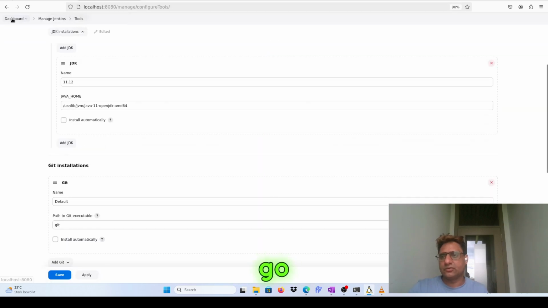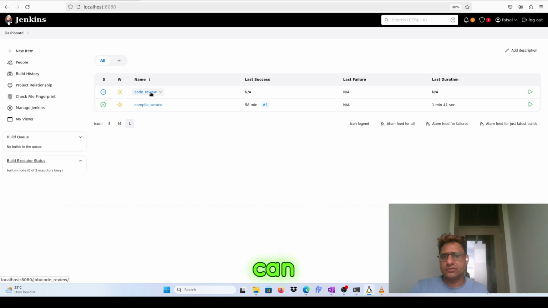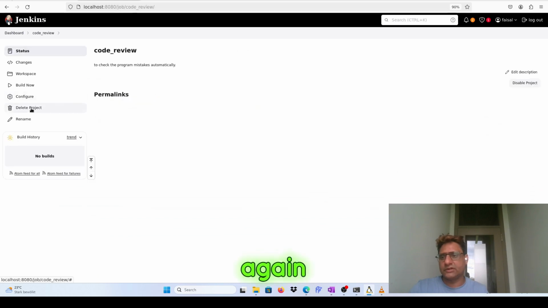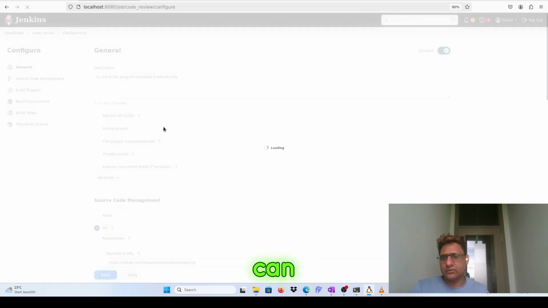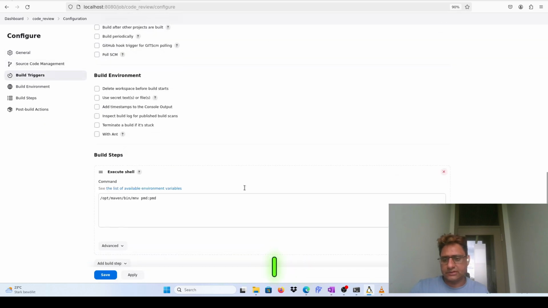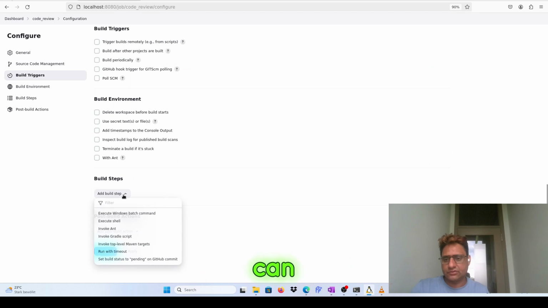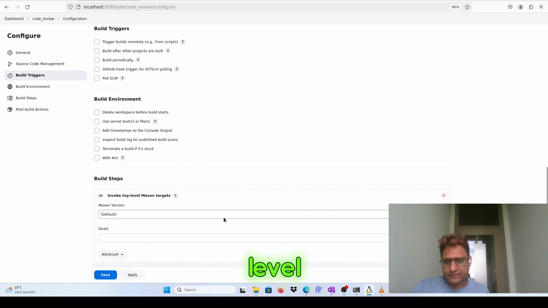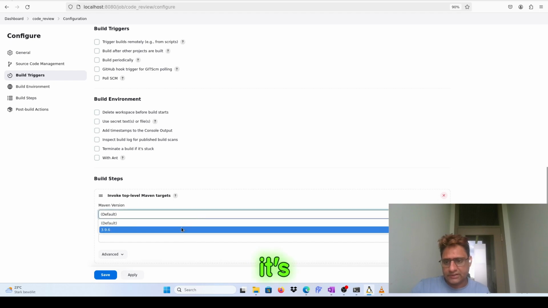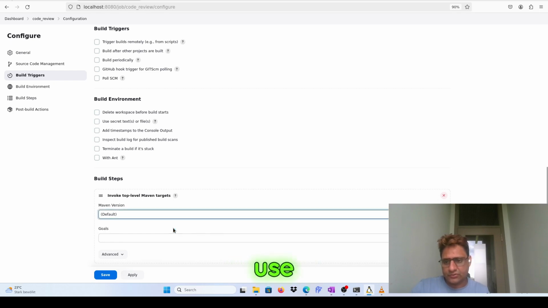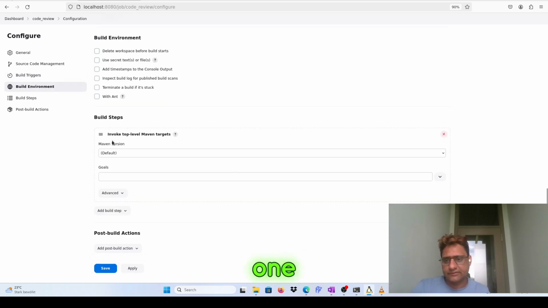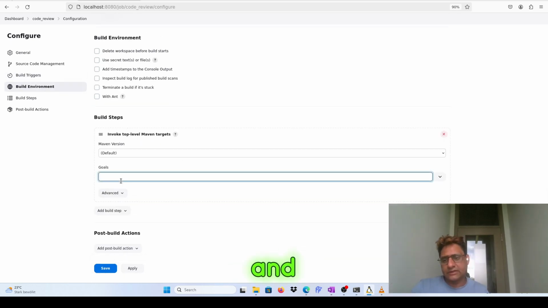I can go to the dashboard again. I can go to my job again, and I can go to configure again, and I can say I don't need that. I can do this more efficiently by invoking top-level Maven. It's asking which version you are going to use. So I'm going to use this. This is the only one. This means that there is at least one default one. And the goal is that